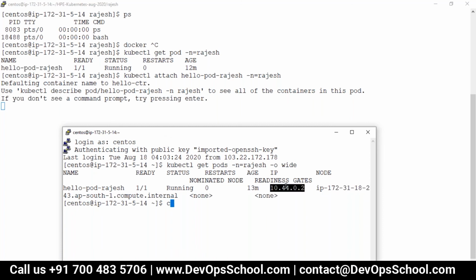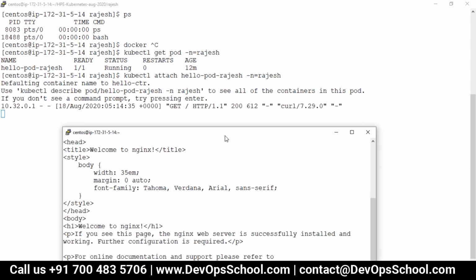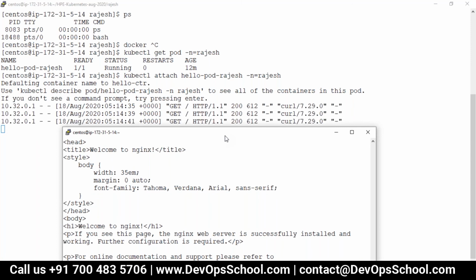Look at this, curl http, and see, if I send the request, it should generate the response. See, 1 request, 2 requests, 3 requests. That means I am on the nginx console.